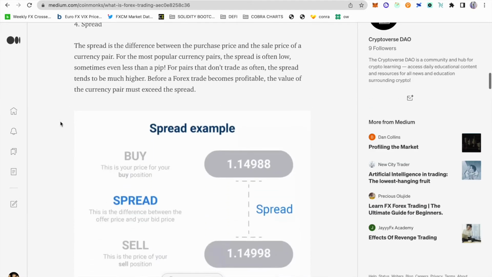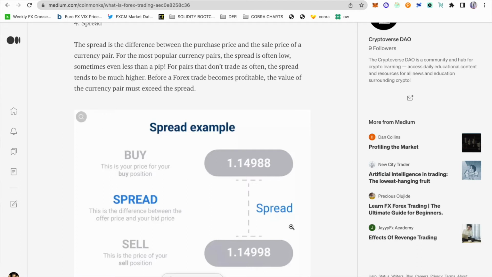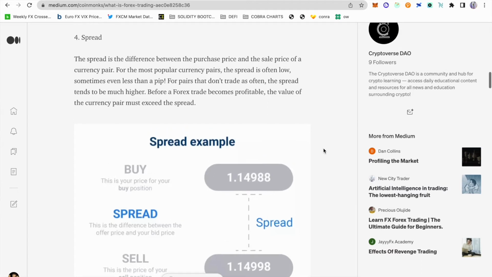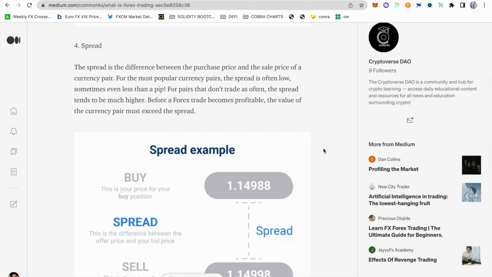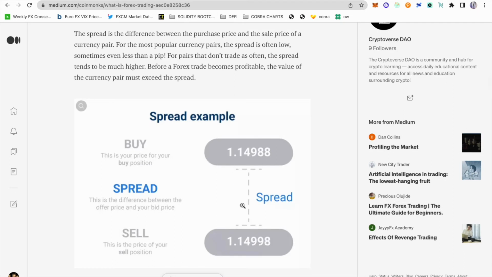Now, spread is another thing that you will see as you take a position on a forex pair or any sort of asset. You'll know that there's a buying and selling button, right? And in between that is a spread that you pay, right? So spread meaning is there a 20 pip spread, a 10 pip spread, a 5 pip spread. In busier markets, when the markets are really busy at things like New York and London and Asia open, that's when you see the spread is quite a bit.